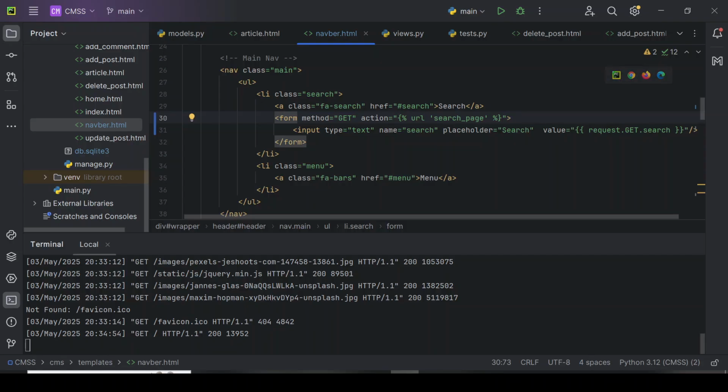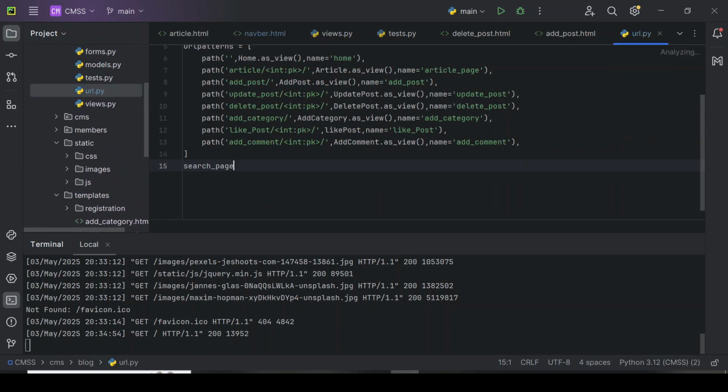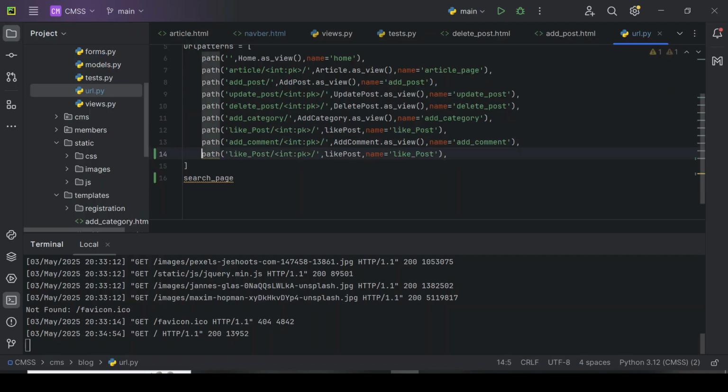So let's go and create our URL real quick so I won't forget about this. So let's copy this. Let's go to our URL, which is this. I think I'll paste that here. I think I'll copy this because I'm going to make use of function-based view. I'm not going to make use of class-based view for that. That's why I'm copying this, because as you can remember, our like was function-based view. If it's a class-based view, we're going to see when you write the name, you say dot as_view. That means class-based view. So since we're going to be making use of our function-based view,